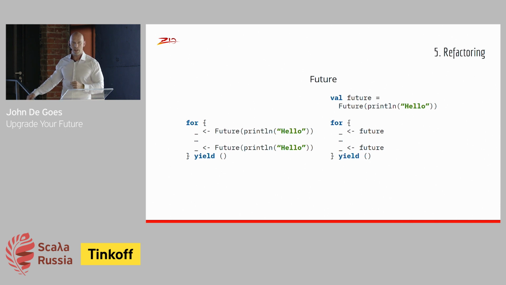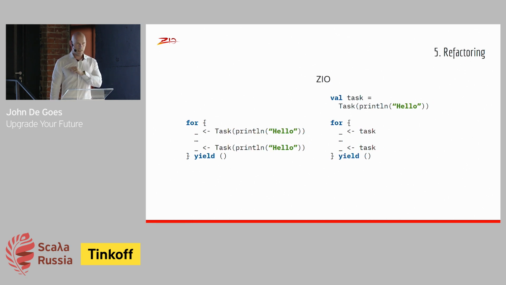And you can see I implemented that refactoring over on the right-hand side here. However, in so doing, I've actually changed the meaning of this program. These two programs, the one on the left and the one on the right, they don't actually do the same thing. They do totally different things. And that's because Future is not lazy. Future is not sufficiently lazy to enable us to refactor safely in our applications. But ZIO is totally lazy, which means when we take this same example and we factor out the duplication in our for comprehension and stick it into a local variable, these two programs do the exact same thing.